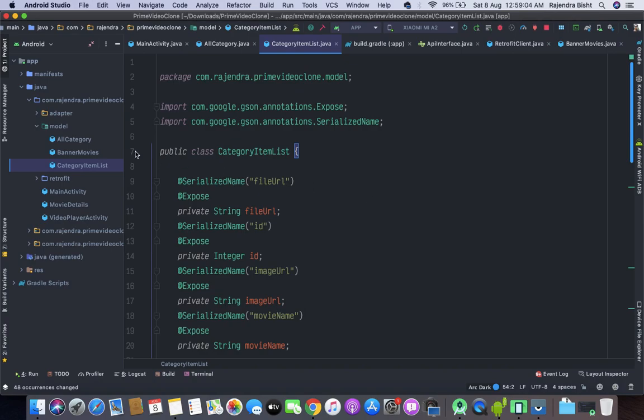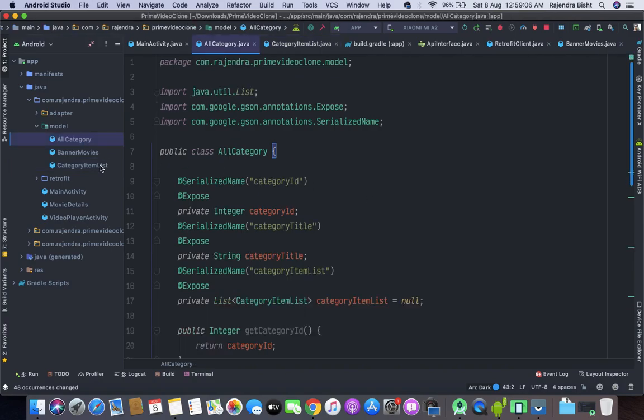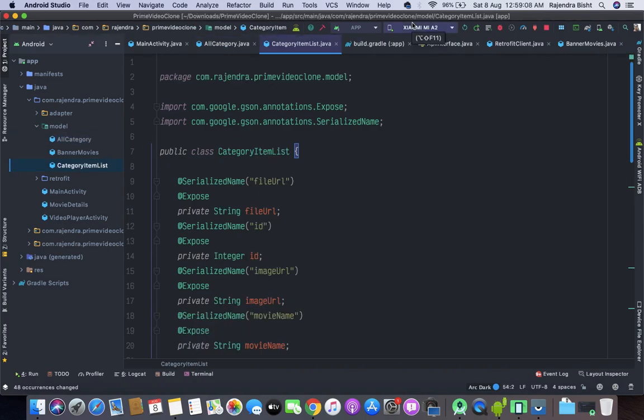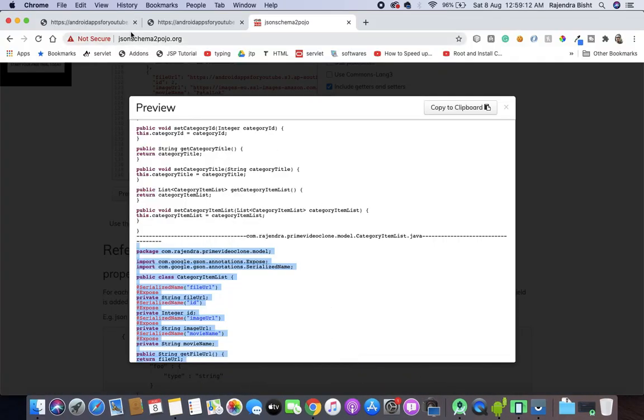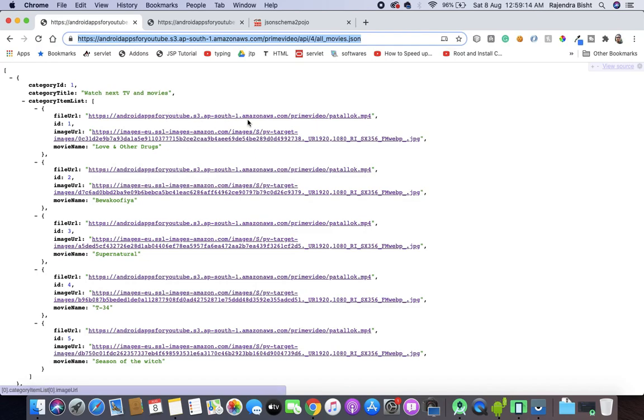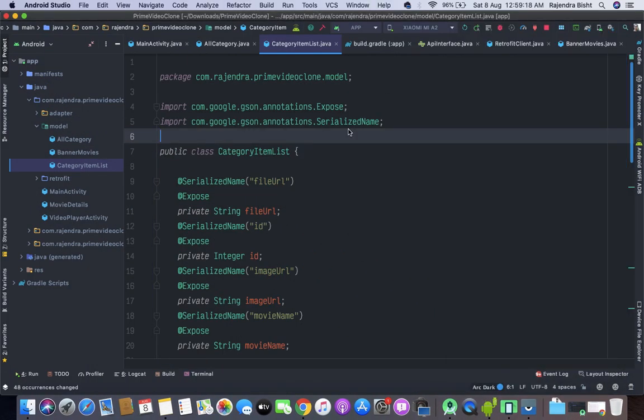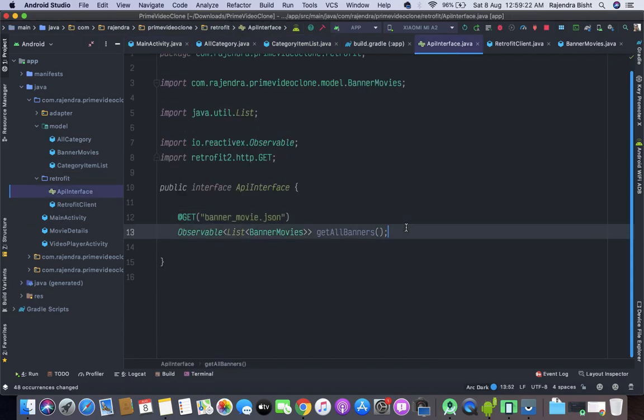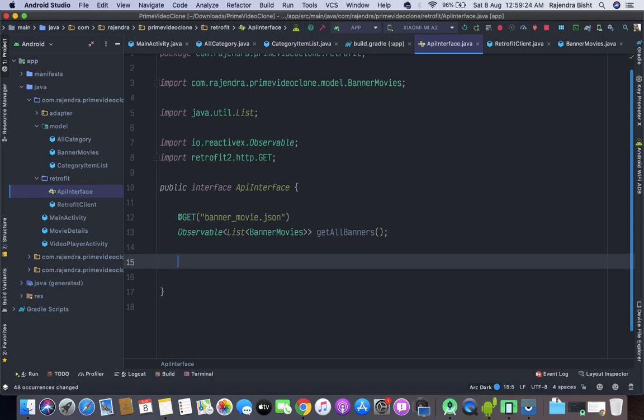So our all category and category item list is ready, based on whatever output we are getting from the endpoints. So now inside the API interface, I will add another method which is a type of get.